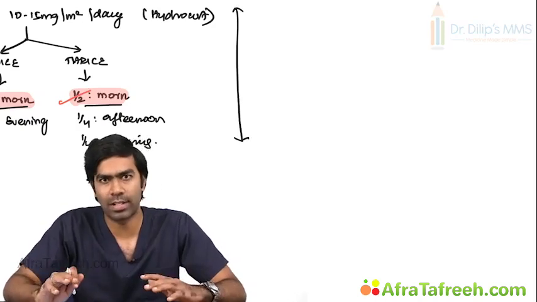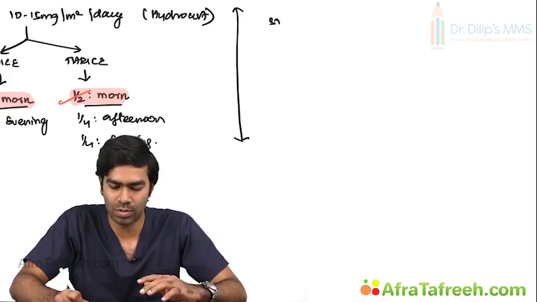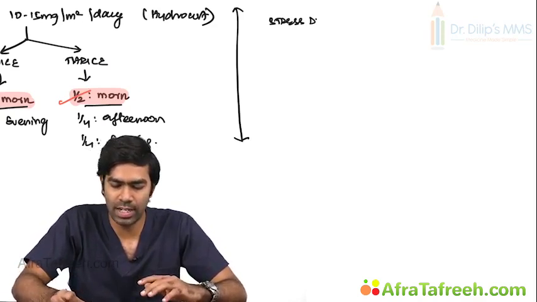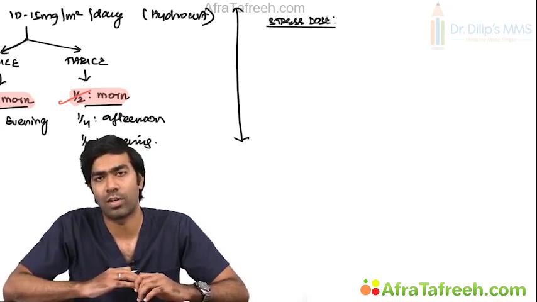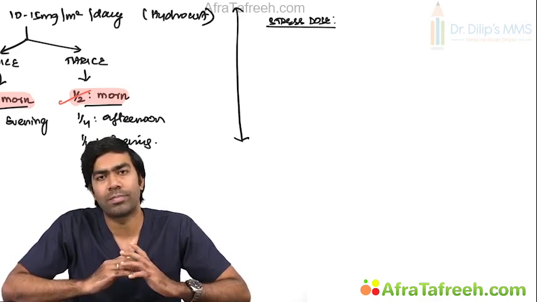So when you need extra dosing, and this is a very important point, even in adults this will apply. So I'm not going to discuss again. So you need something called a stress dose. What do you mean by stress dose? In illness states like fever, infection and all, you might be needing extra dose of steroids. Because